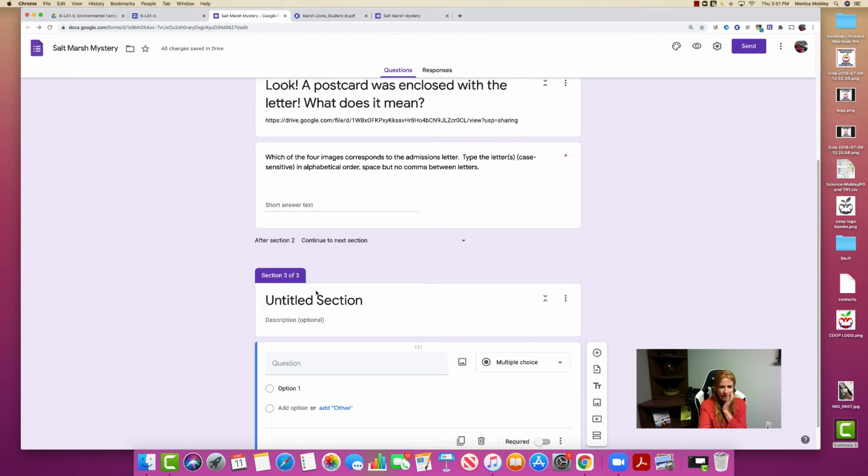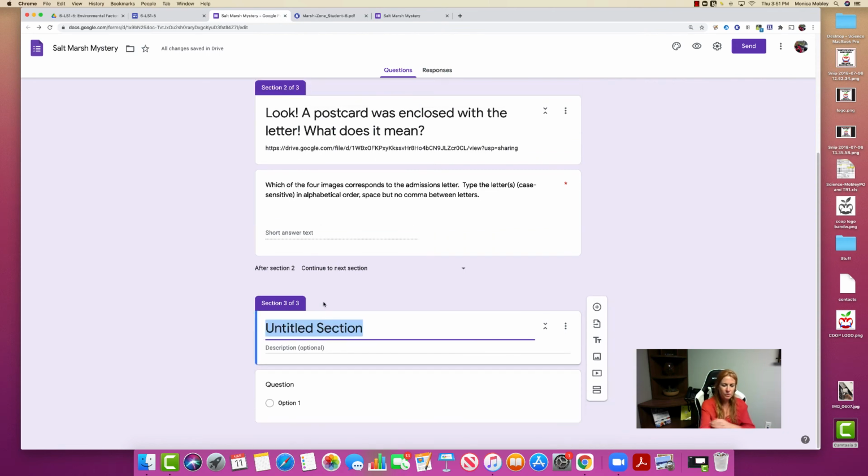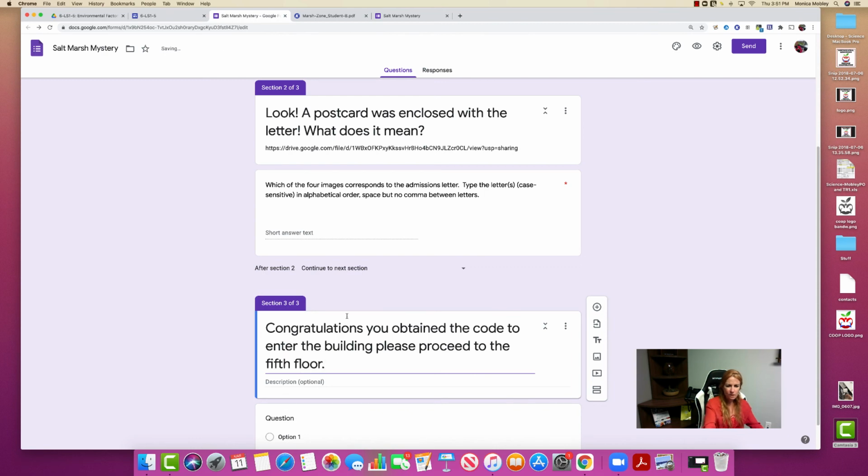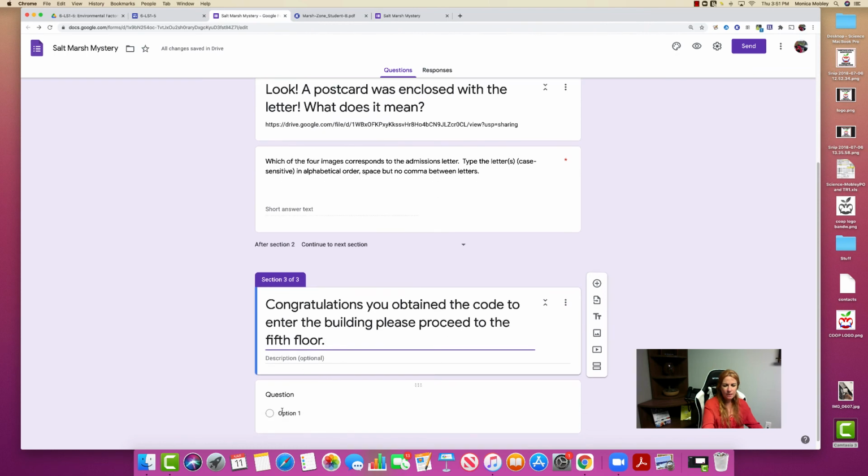For my next section, I had the students, after they had the code on the postcard, remember it said that that was the code that they entered to get into the building. So I'm going to put as their next section, congratulations, you obtained the code to enter the building. Please proceed to the 5th floor. So now I've got the students going to the 5th floor. And for the description portion of that, if I had a link or something that I want to put in there, I could. In my case, I would link to the data nugget